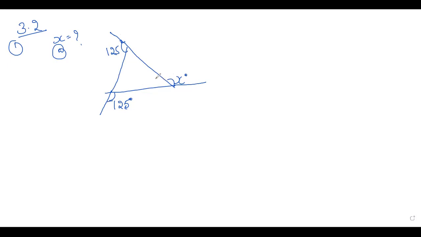See, directly you can say the answer, right? Sum of exterior angles is 360 degree. So 125 plus 125, that is 250. 360 minus 250. So you can do directly, children, right?